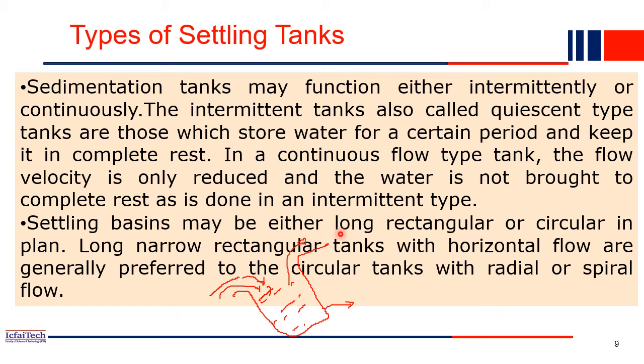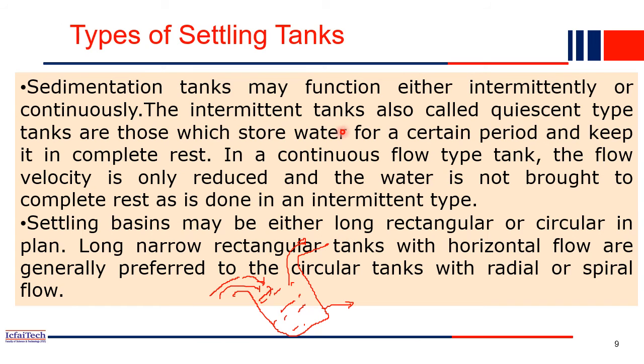Continuously you also have the output of water. While the water travels from here to here, it settles down. All the particles settle at the bottom. Those types of settling tank we call continuous type settling tanks, where water comes in continuously at a very slow velocity and the output is also obtained at a slow velocity. In general, in our water treatment plants for cities or rural purposes, we use this continuous type of settling tank, where water continuously comes in and goes out.